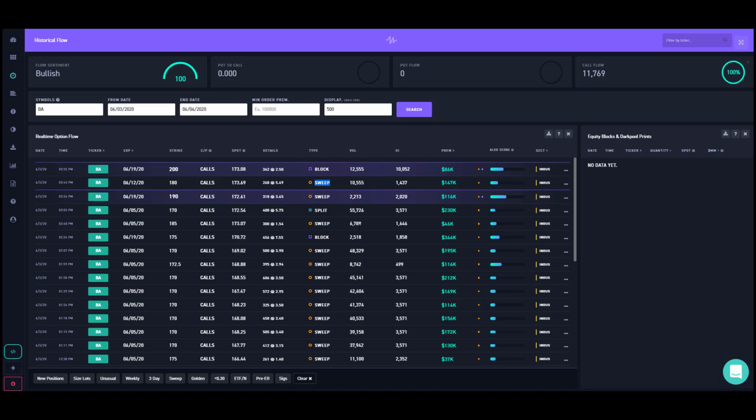Volume, how much volume is on that option strike. Open interest, how much open interest is in that option strike. Premium, how much money he spent on that option. Don't worry about these other two categories, okay? So pretty much, I'll tell you right now, the most significant things you need to know is you need to